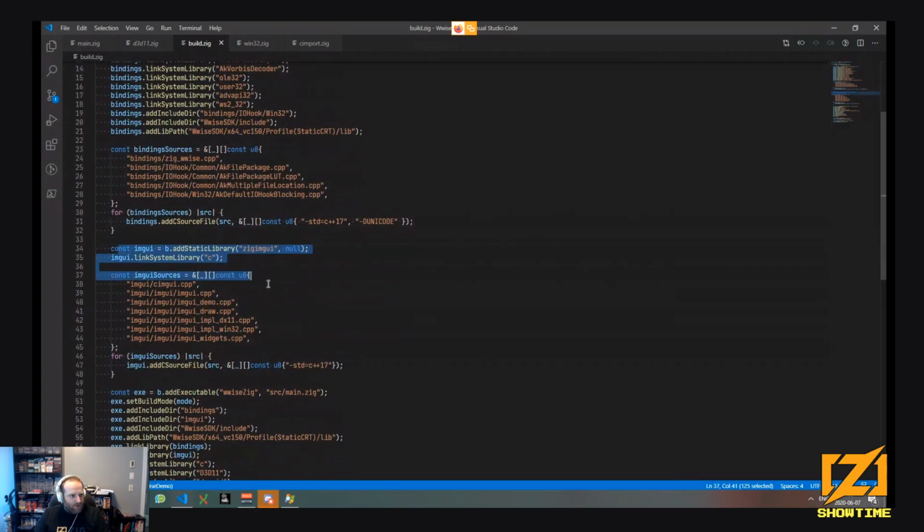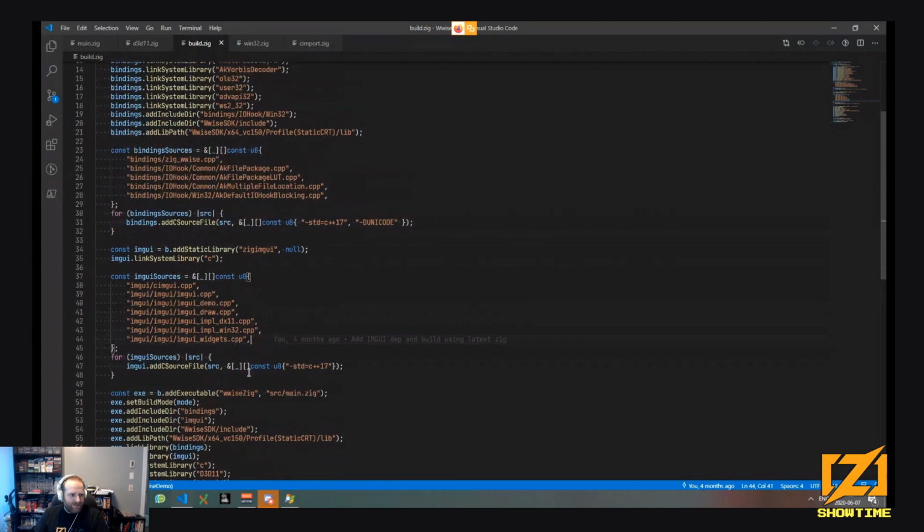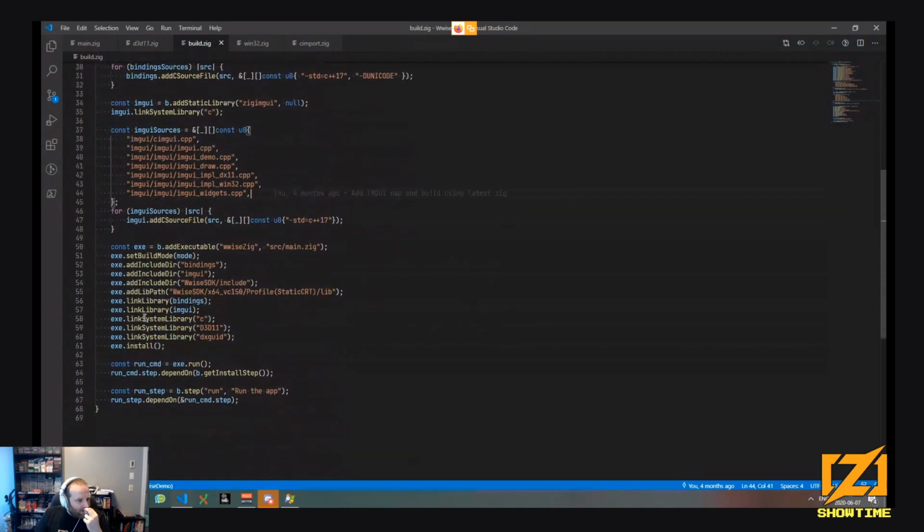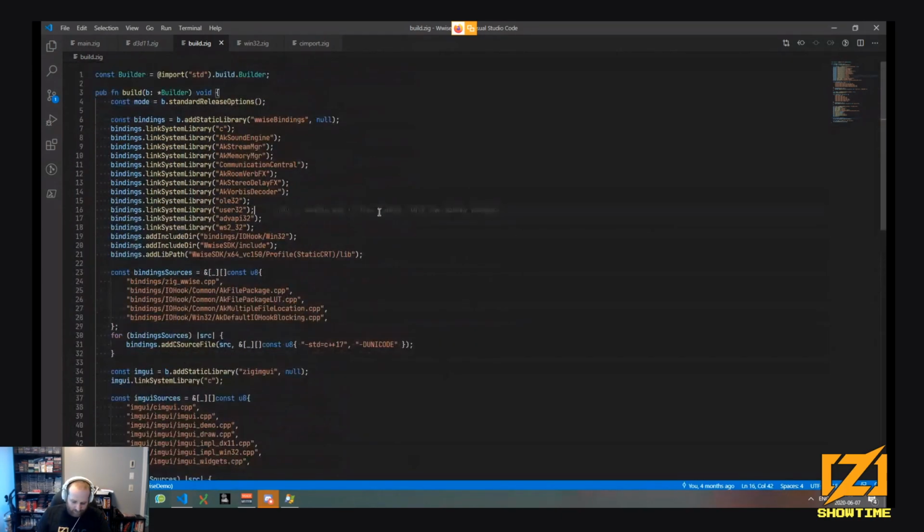Same for ImGui, I just build the bindings, and then the C++ implementation and the implementation for DirectX 11 and Win32, which come from the GitHub of ImGui. So stuff here, add the C source file. What else? I need to link to the D3D11 and DXGI, install, run, and it works.